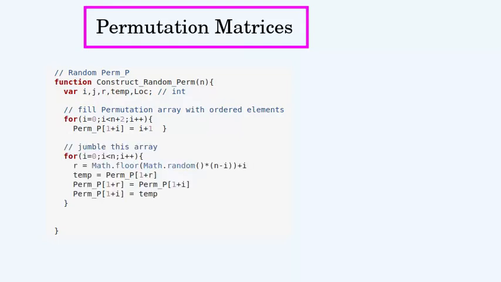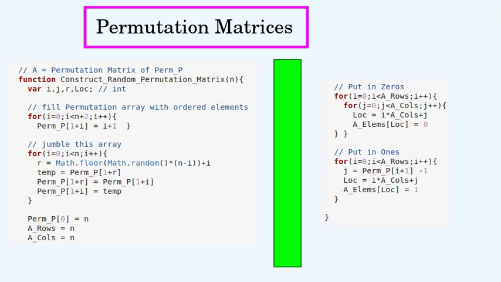So here is where this list is jumbled up to create a random permutation. I've already uploaded another video on how to jumble up a list of ordered numbers. And so finally I'll set the number of entries in the permutation here. And we can join these two functions into this one function that creates a random permutation matrix with rows and